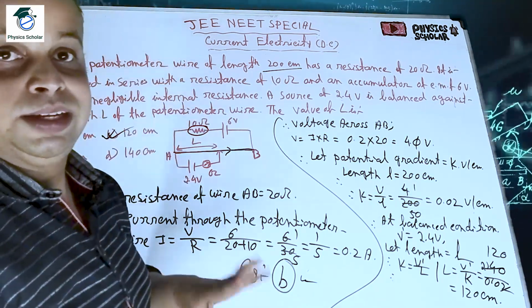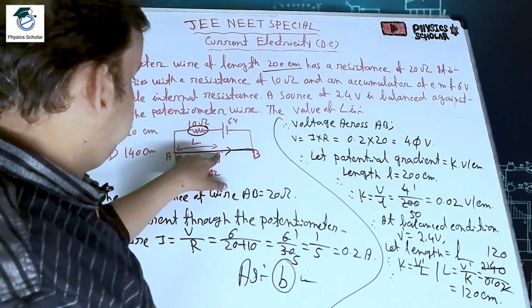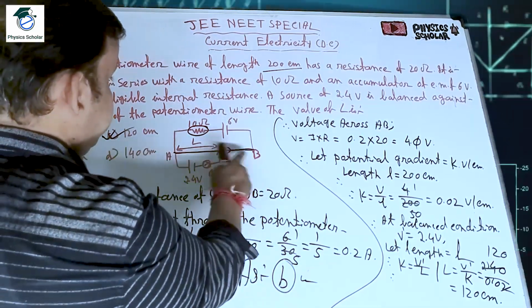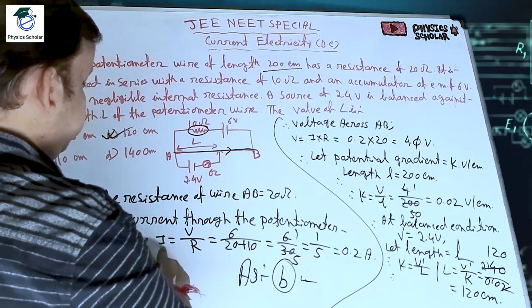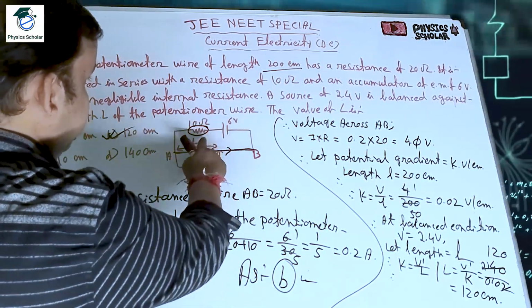Then the potentiometer is in balance condition and this length is L. So we have to find out the length. What is the length of this L? Or the length of the wire up to this point. Clear? So the resistance of the wire AB is equal to 20 ohms. The current through the potentiometer wire I is equal to V by R. So V is 6 volt, and R means